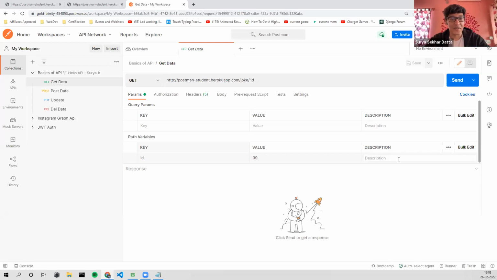If I'm not wrong, this description is just for documentation purposes. Postman has an auto documentation feature, right? So if you add a description, it will automatically make the documentation for you.